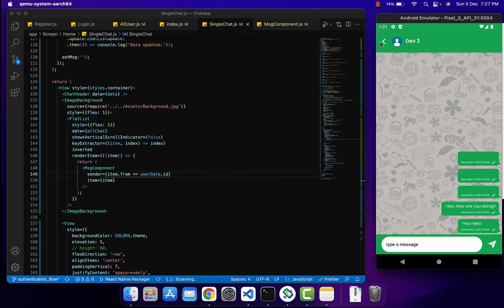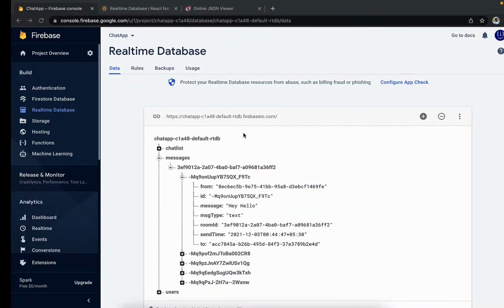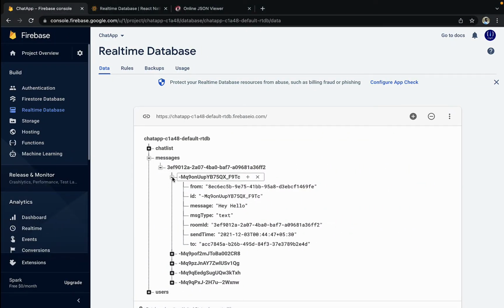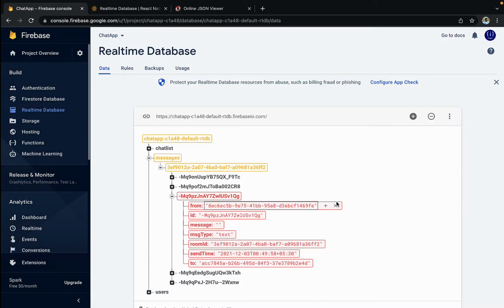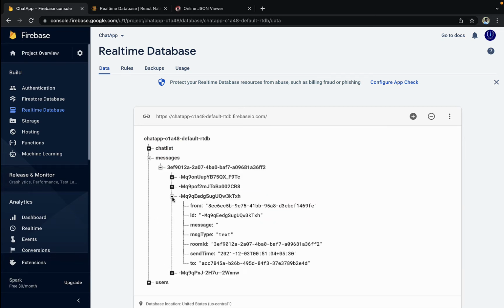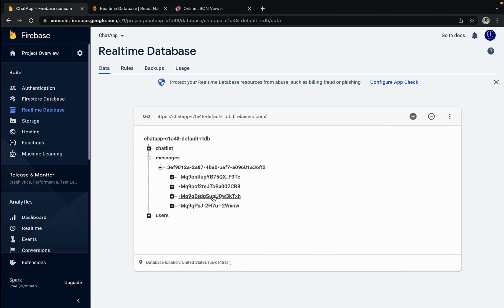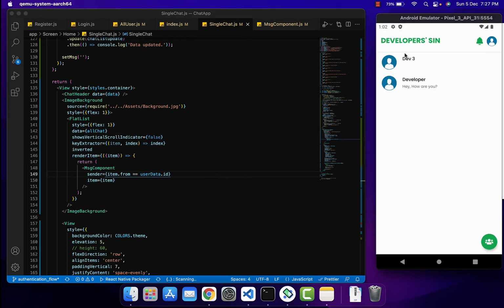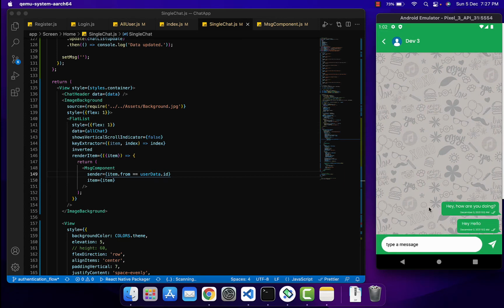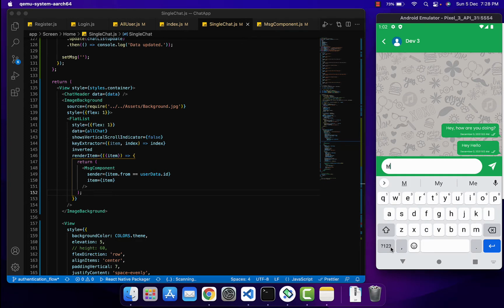Okay, so now what we need to do, first we're going to go to the database and remove the empty messages we have. So we terminated one empty message, we have another empty message, and I'm going to remove this one as well. So if we come back to the particular chat section, we have the messages, and right now, suppose I send a message